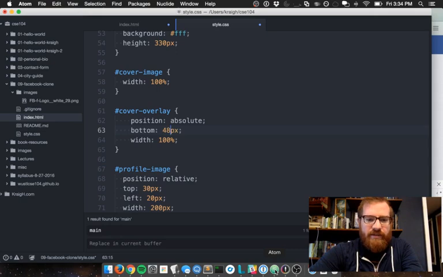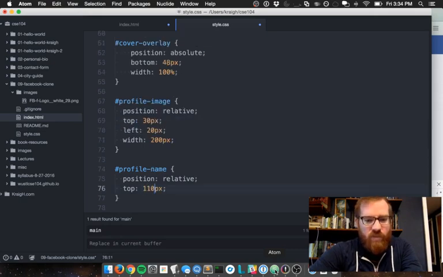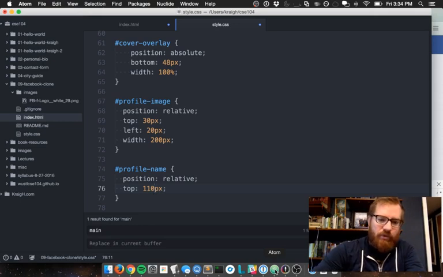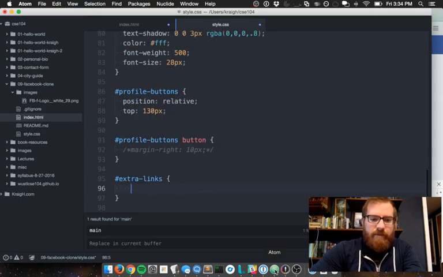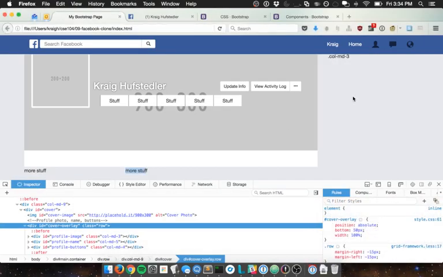I ended up making this a little bit different. Profile name is the position from the top. It's moved 110 pixels from the top. Profile buttons is 130. So now,